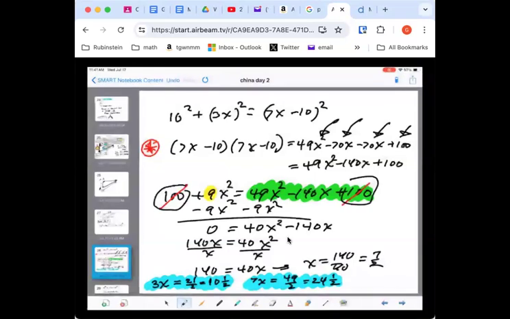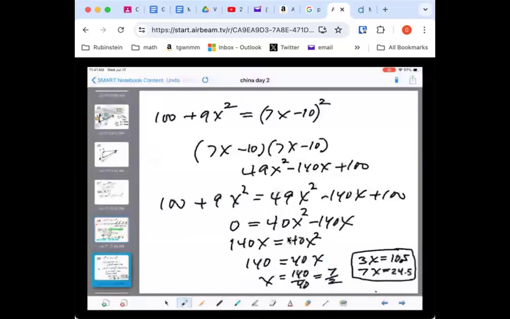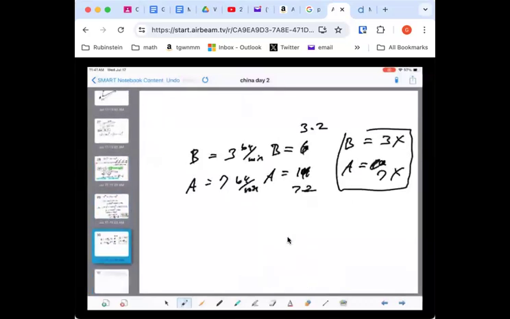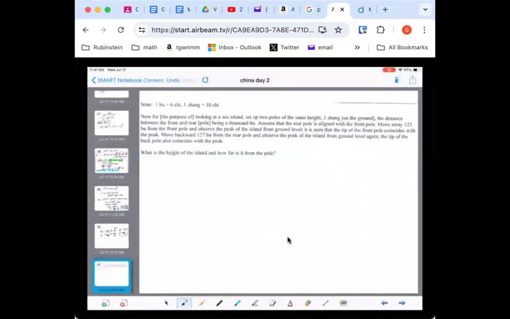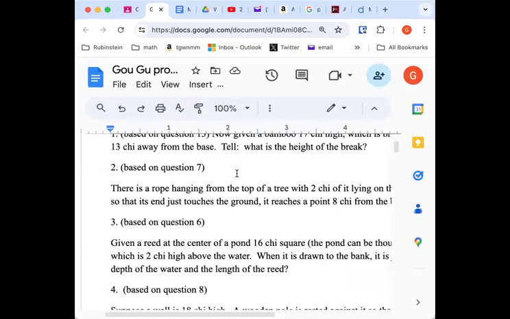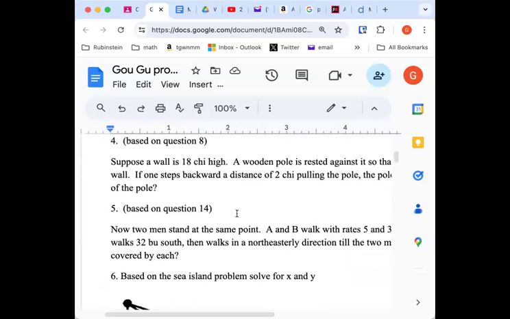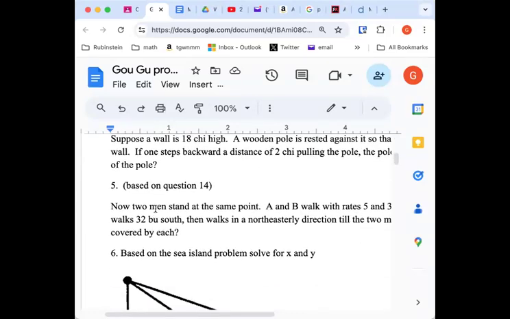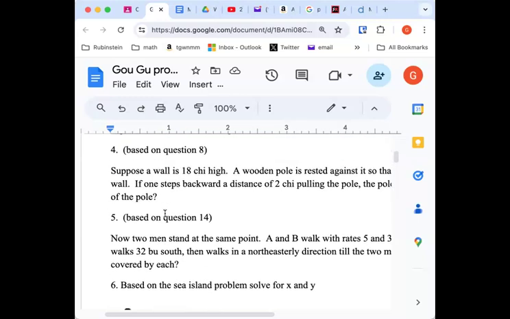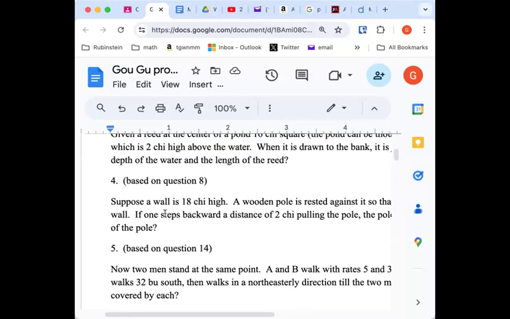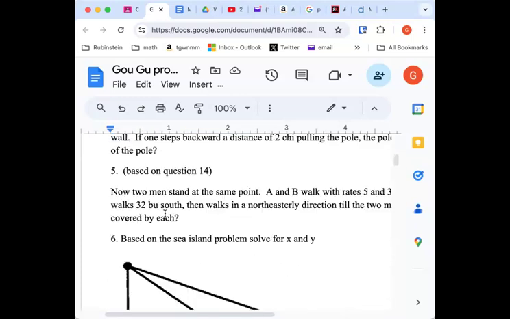Now we're going to finish up today with the 6th question. Today, the goal was to study 6 questions. And the homework is 6 questions, 1 of each type, you see? 1, 2, 3, 4. Question 5 is A and B, but their rates are 5 and 3, and he walks 32. So we've already done 5 of the 6 questions. But the last question